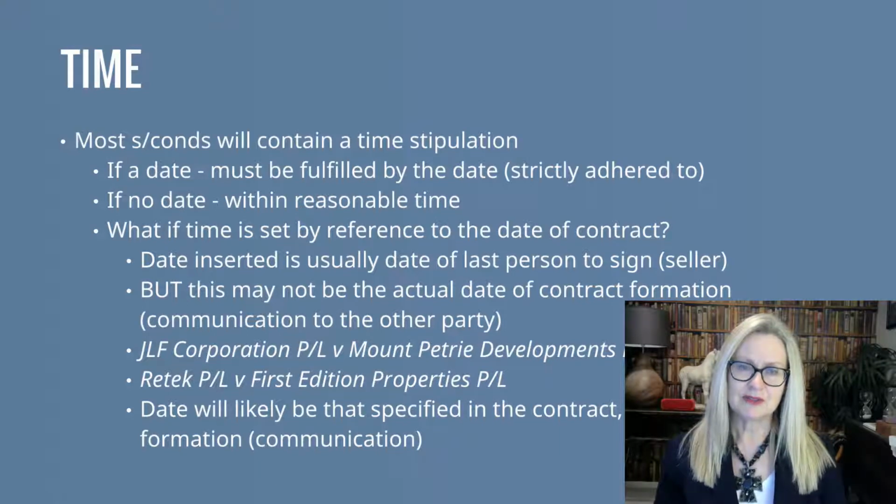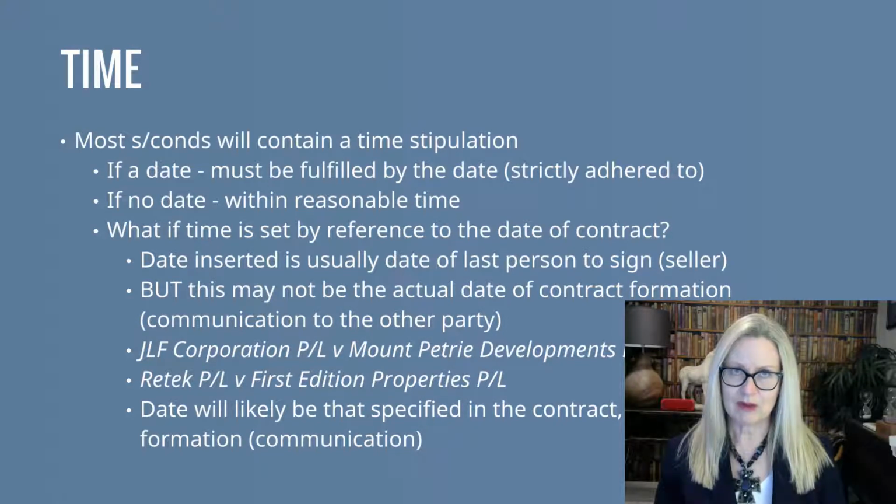So it's not necessarily the case that the date that the contract was signed, and often the date written on the contract, will align with when the seller actually notified their acceptance to the other party. If signature occurred late of an evening, for example, and this wasn't communicated to the buyer until the next day, then the contract will have been formed when that acceptance was communicated the next day. So technically the date on the contract might not be the date of actual technical contract formation.